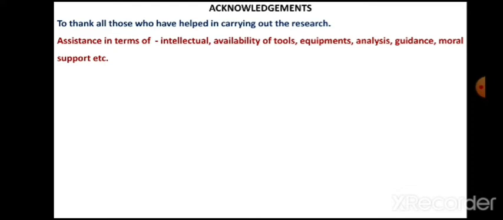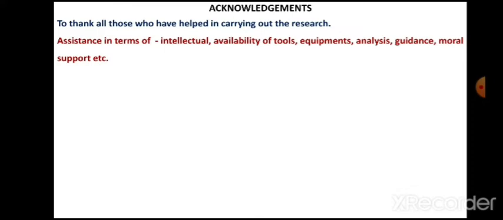Assistance may be in the form of availability of tools. It may happen that you may not have sufficient programs, tools or equipment in our college, so you need to go to some other college, or within the college also, in your department you do not have that particular equipment, so you utilize the facility of equipment already available in other departments. So availability of tools, then sharing of equipment, then some of the analysis part, for example for chemistry, botany and biological sciences students.